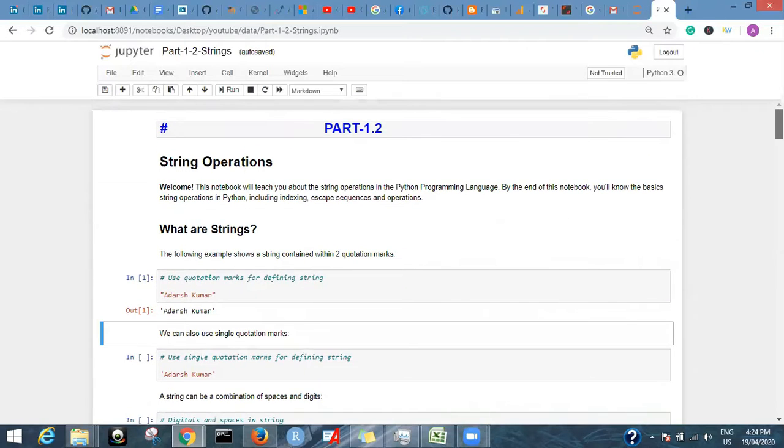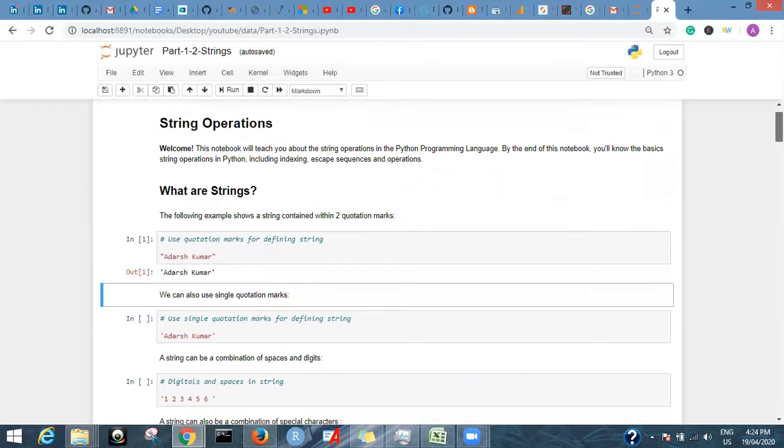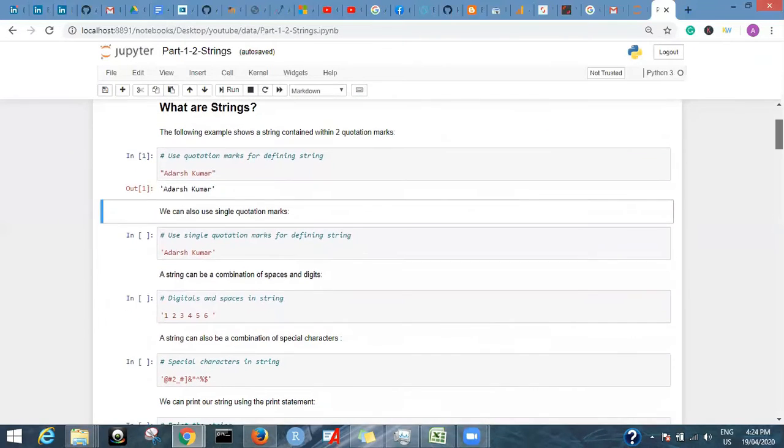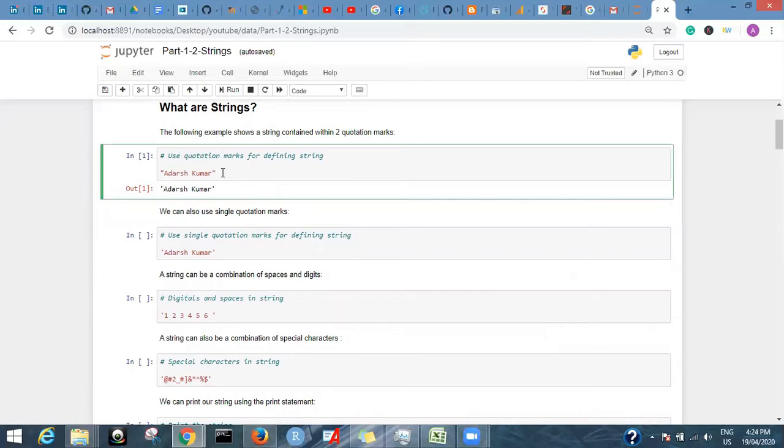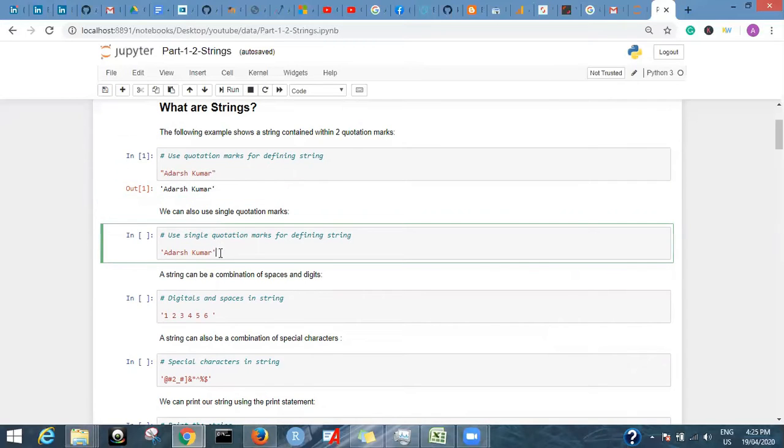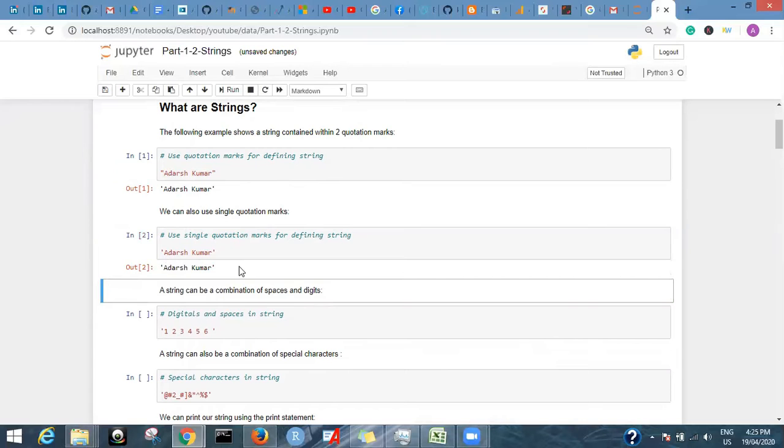So always remember, a string is written in double inverted commas, just like this. My name Adarsh Kumar is in double inverted commas, and then we have printed. Using single inverted commas represents the same thing. It doesn't matter whether you use double or single inverted commas.